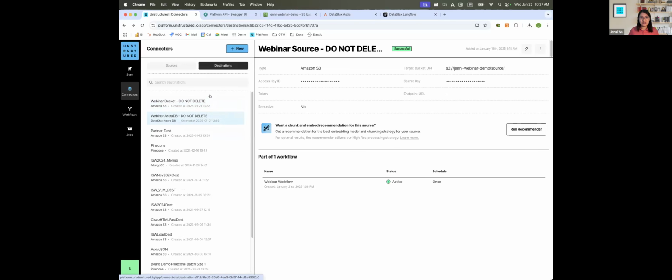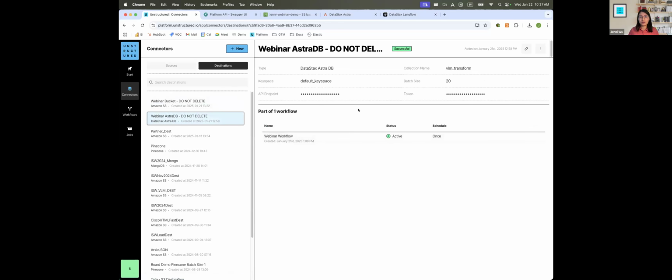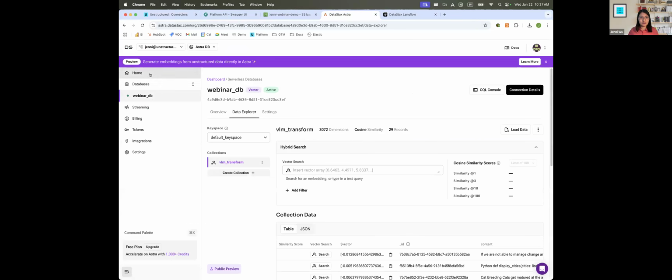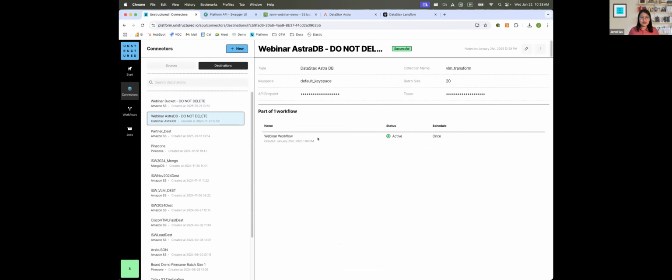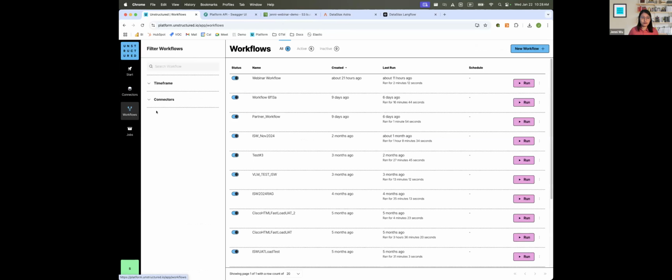And the same thing with destinations. You set up a destination connector in a very, very similar way. And for the purposes of the webinar, we actually spun up a vector database inside Astra DB. This is provided by our friends over at DataStax. And I have a vector database here as my destination connector. Now that I have my source and destination, what do I do with my workflow, right?